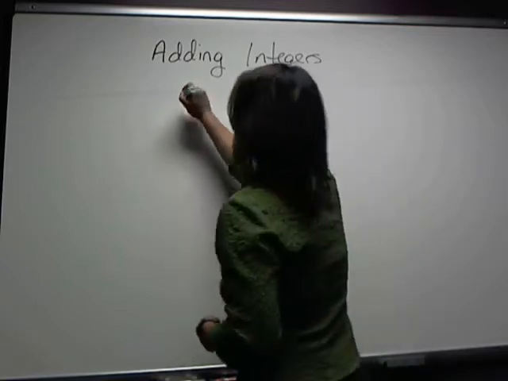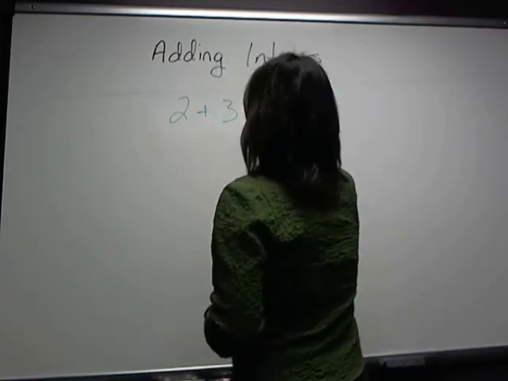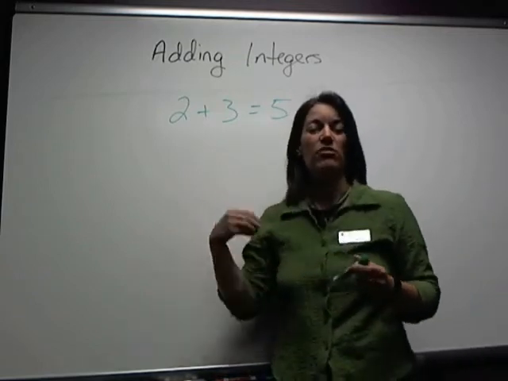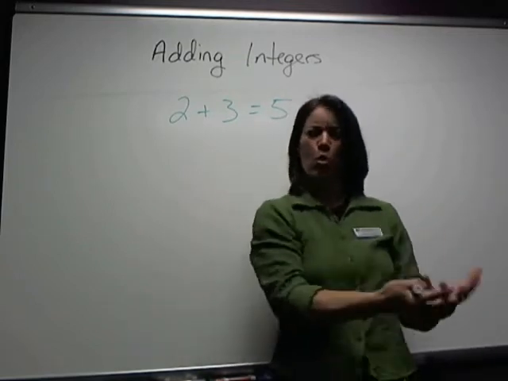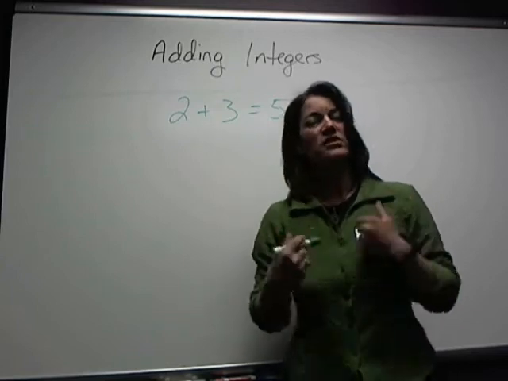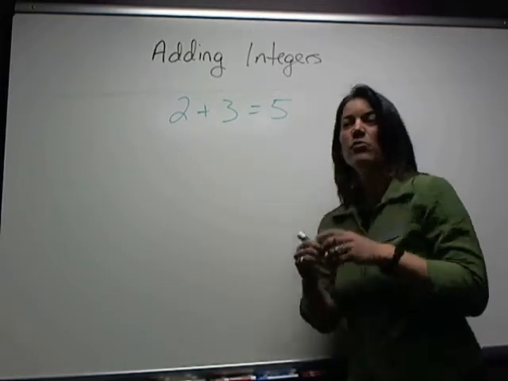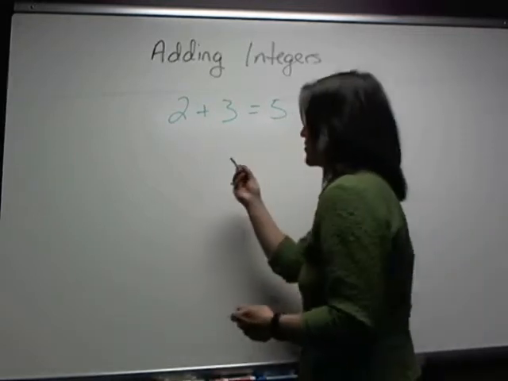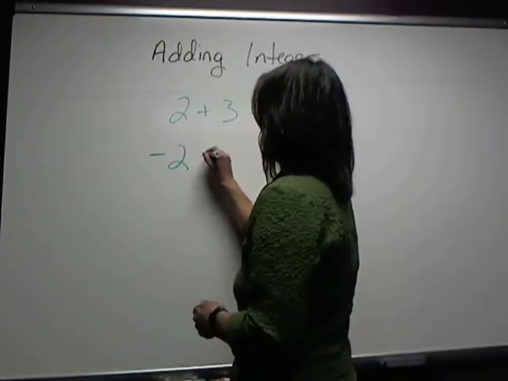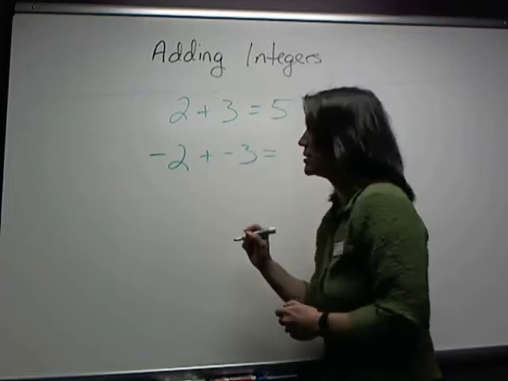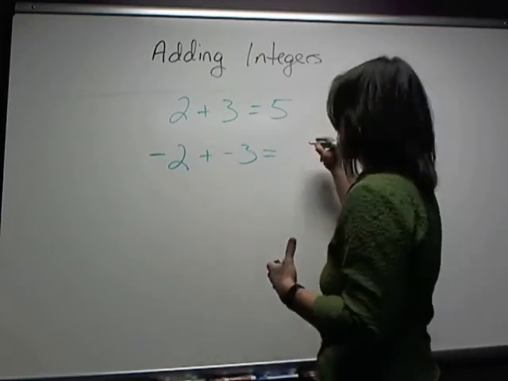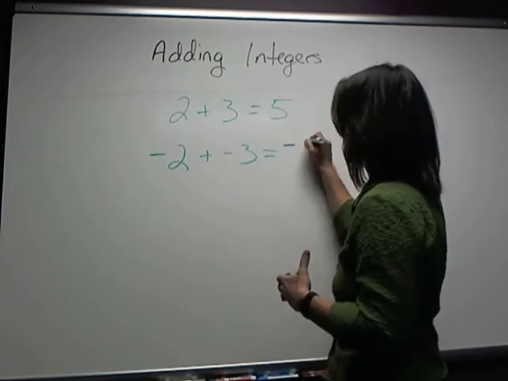We said 2 plus 3 is 5, because 2 is a positive number and 3 is a positive number, which gives us more positive numbers. Well, the same thing goes with our negatives. Remember, the negatives are just a mere reflection of your positive numbers. So if I have a negative 2 and I'm adding a negative 3, I'm more negative. So I add the 2 and the 3, and I still get my 5, but since they're both negative, my